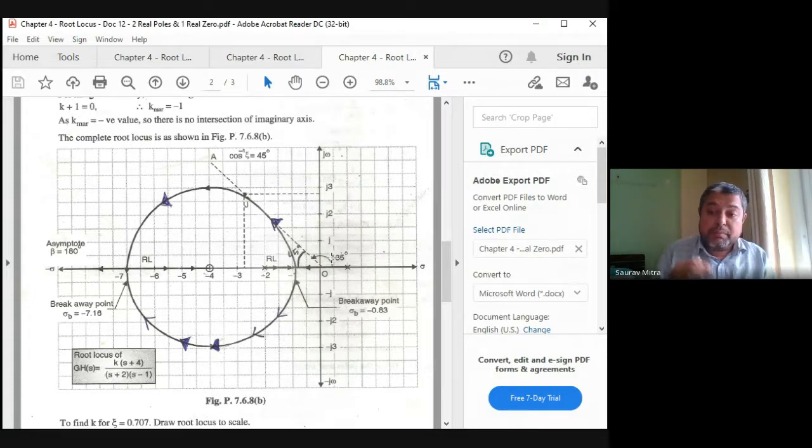And the very biggest property we have found is that root locus is always symmetric with respect to the x-axis. So whatever is above will be the same below. That means if one root is flowing like this, the other root also will be flowing like this. Okay, so these are all the properties which we have to put together to understand what the root locus is.